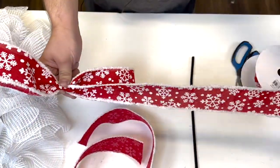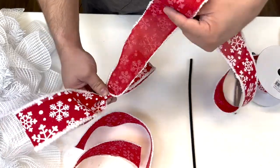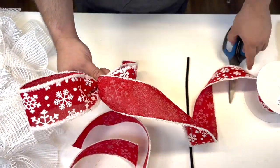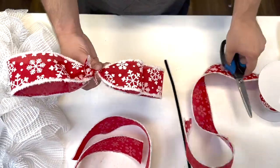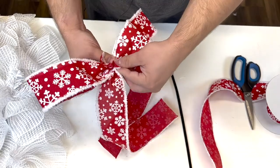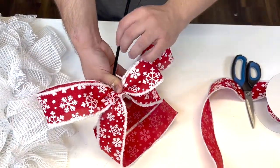And to finish off the bow, we'll do what I call a button loop. And that's just a little loop to cover up the pipe cleaner. Snip your ribbon off. Take your tails. The tails don't have to be the same length. I actually prefer them to be a little bit off. Grab your pipe cleaner